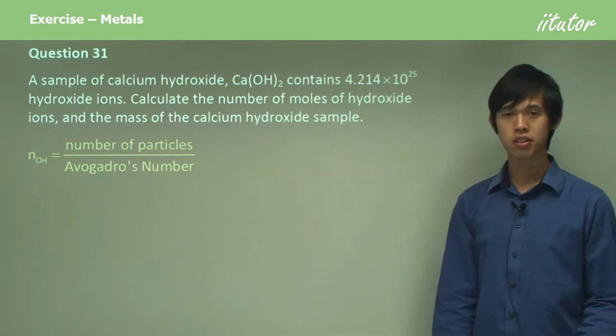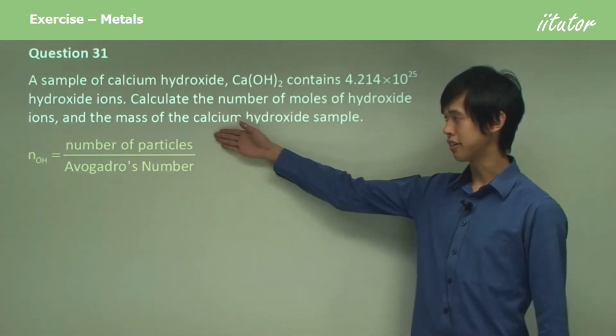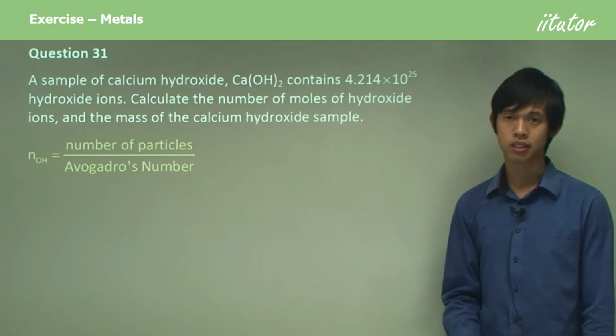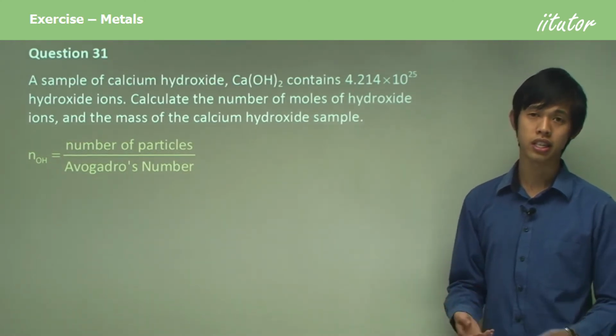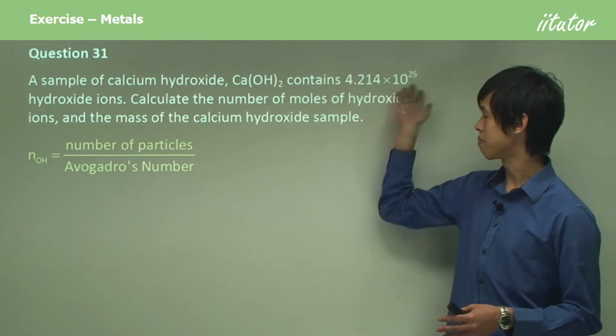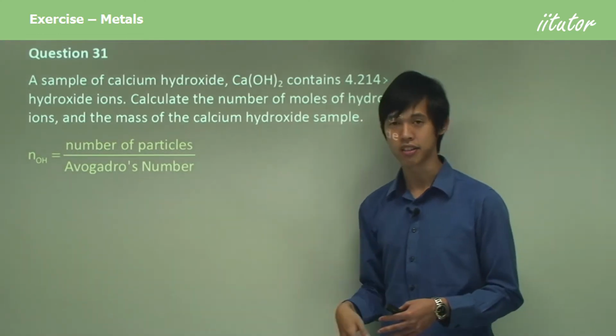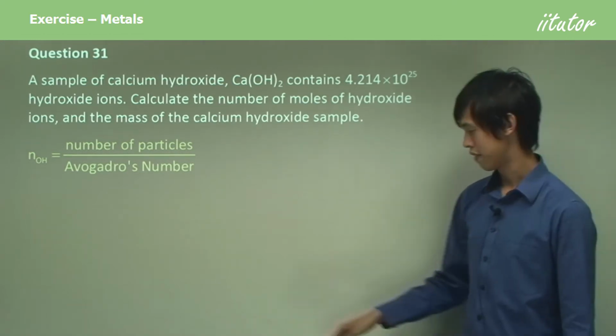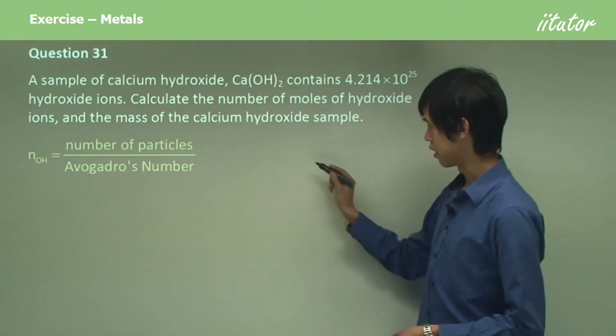So first, the number of moles of hydroxide is simply the number of particles divided by Avogadro's number. Because 1 mole is given a set value of particles, and so we have a number of particles. If we divide by Avogadro's number, we can get the number of moles. If you're wondering if that actually works or not, so